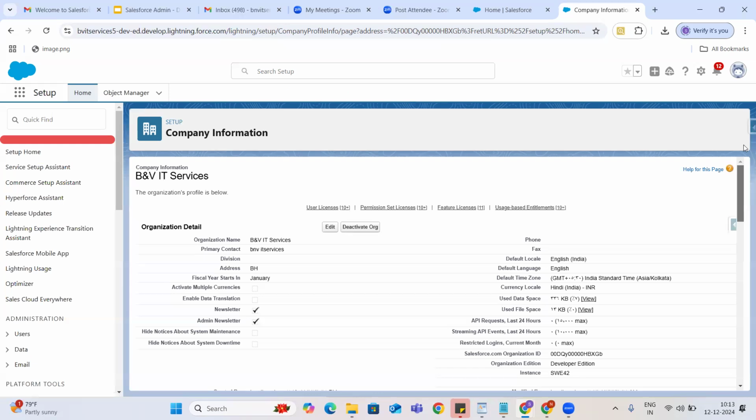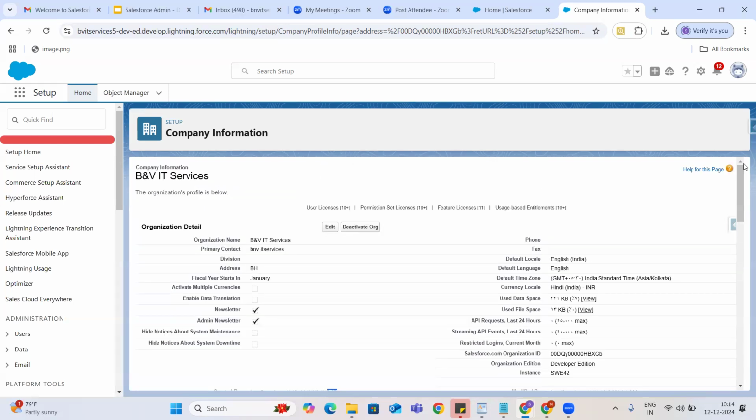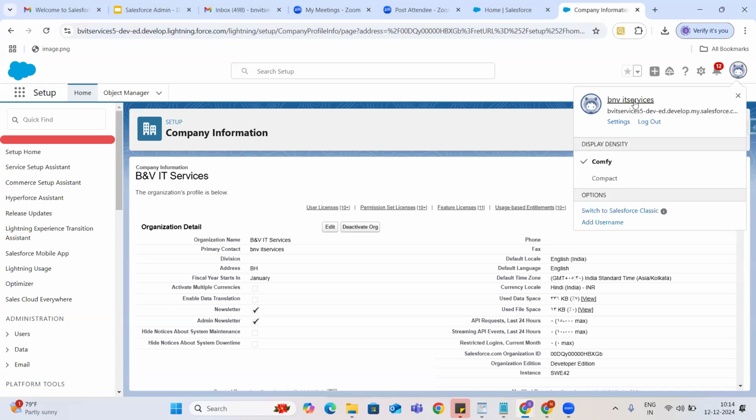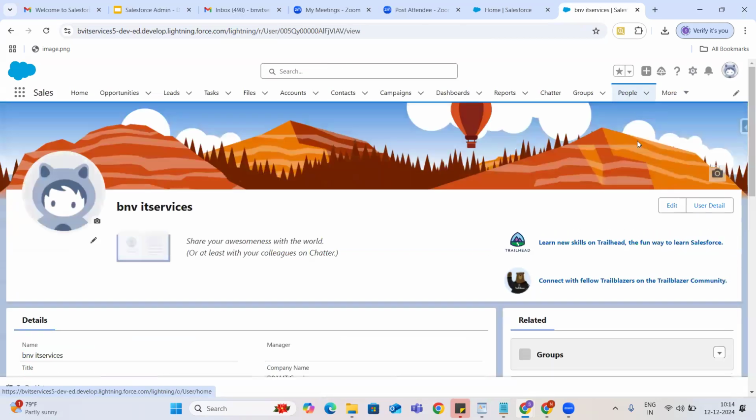Okay. Still, I am seeing, this is my company default time zone, guys. But I am still seeing this is actually my created date. I should see the date and time in an understandable language, but it is showing some default language. I don't even know which language that is, but this is happening because of my user record language.